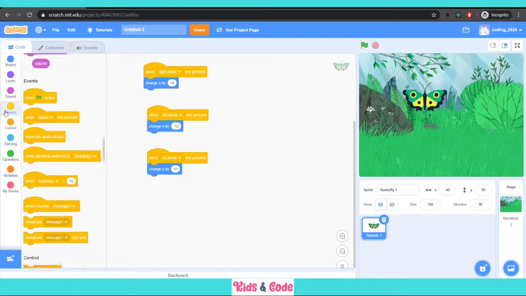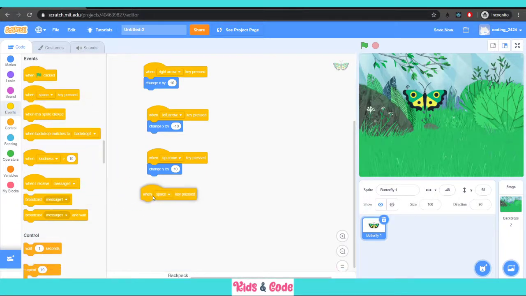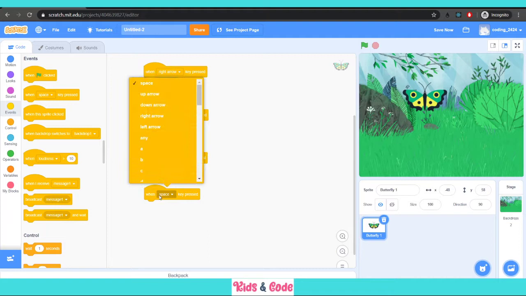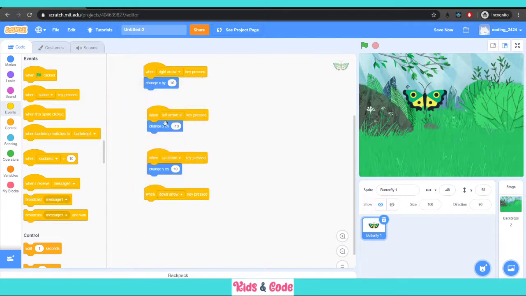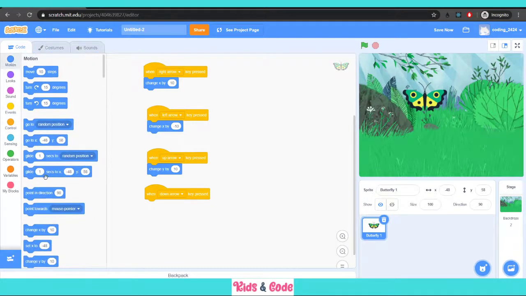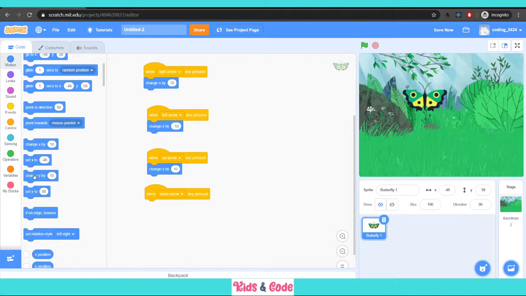Okay, so now also we want to have something which moves the butterfly down. So for this we go into events again, we select when space key is pressed, and instead of space key we'll choose the down arrow key, since we need to make the movement on the clicking of the down arrow button. And we'll select change Y, and in change Y, we'll use minus 10. Again as I told you, I have to move in the opposite direction. So when Y was 10, it was moving up. So if we want to move it in the opposite direction, I just add a minus sign in front of it, and it will move in the down direction, as I'll see.